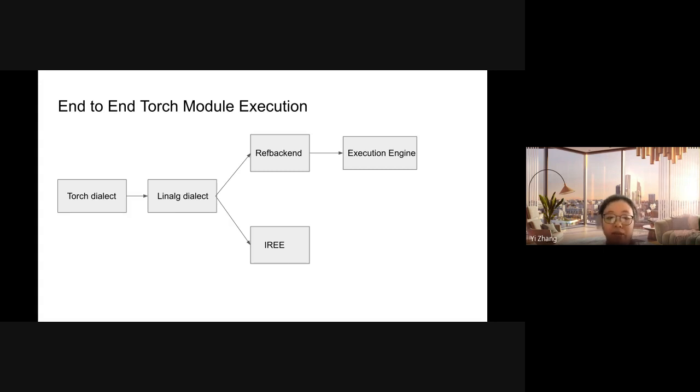Another backend that can accept Linalg as input is IREE. It's another open source project based on the MLIR stack, and it has its own set of dialects and a lot of optimizations with good performance and hardware platform support. So this is how we get the Torch module to execute end-to-end pretty easily.